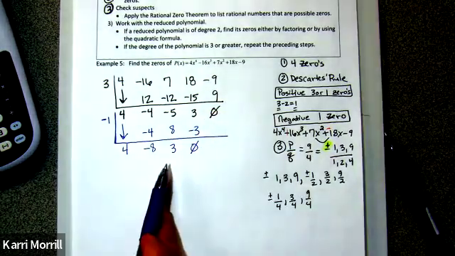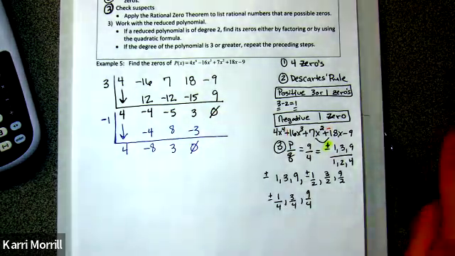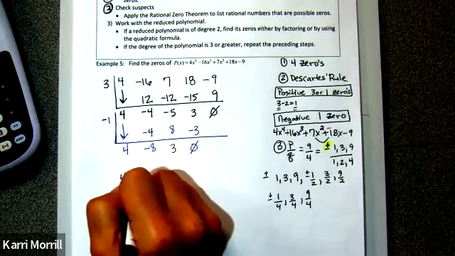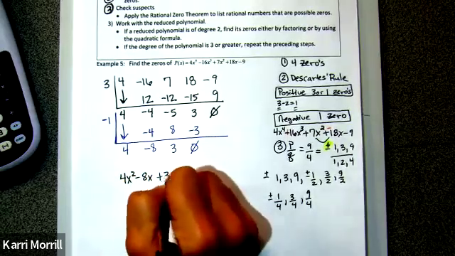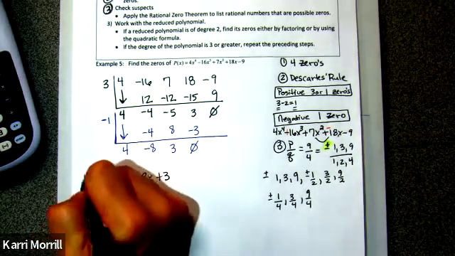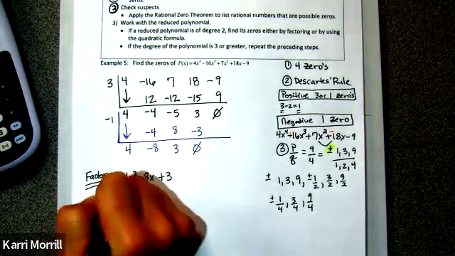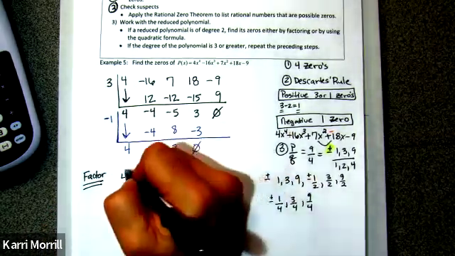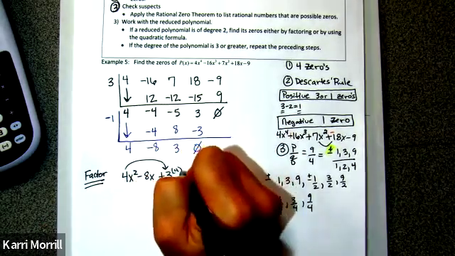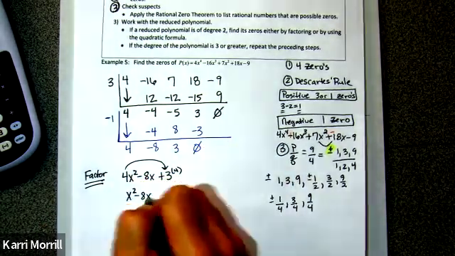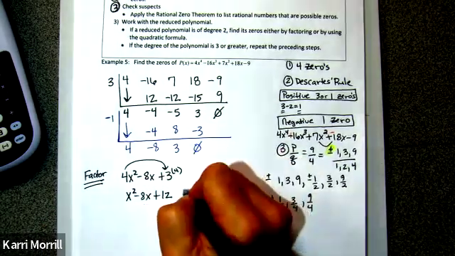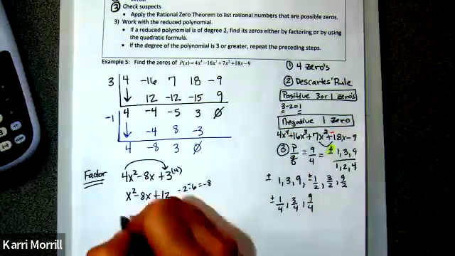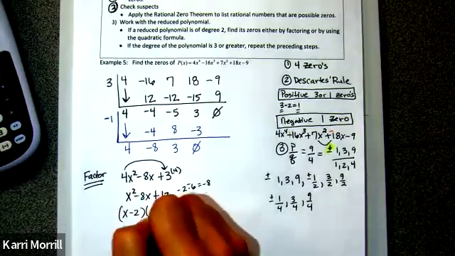So once you get down to 3 numbers, we can turn that into a quadratic equation. So remember, this would mean this is a 4x squared minus 8x plus 3. And so from here, it would be quicker, more efficient if you can factor to solve for the last 2 zeros. So this would be a slide and divide problem. We'd have to slide 4 to the back and multiply to have x squared minus 8x plus 12. If I take 2 times 6, and if they're both negative, they would add up to be that negative 8. We got x minus 2, x minus 6,